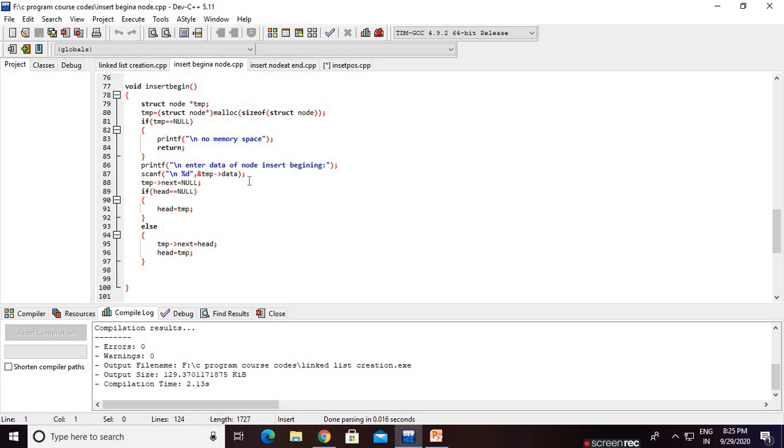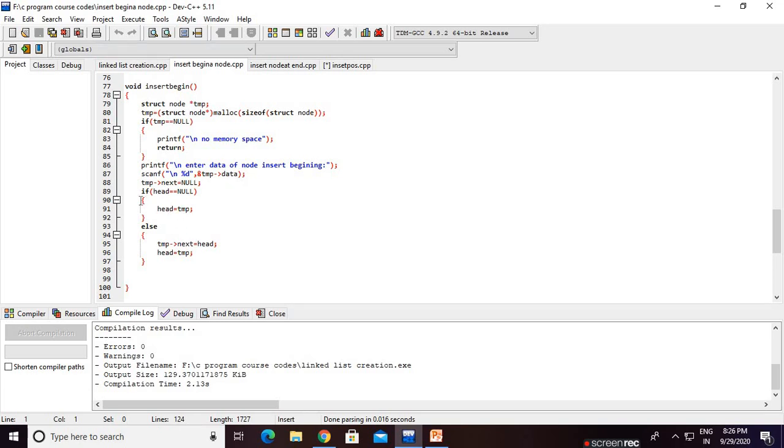That means we go to the temp node's data part and insert our value. Then temp arrow next equals null. That means our new node temp is pointing to null. Just one node we are creating, so obviously the next is pointing to null.